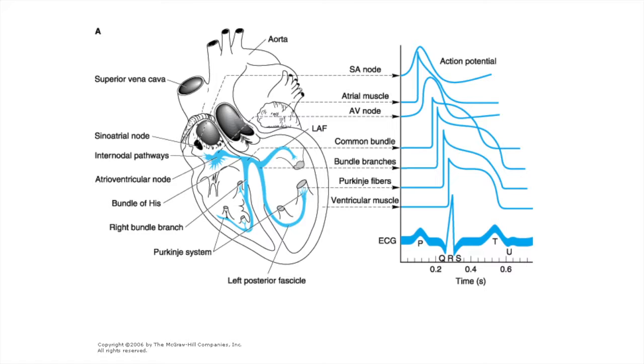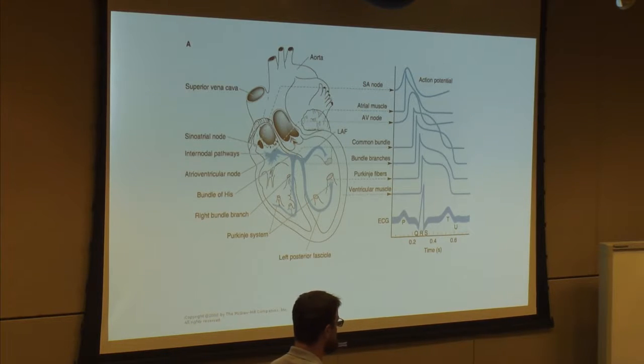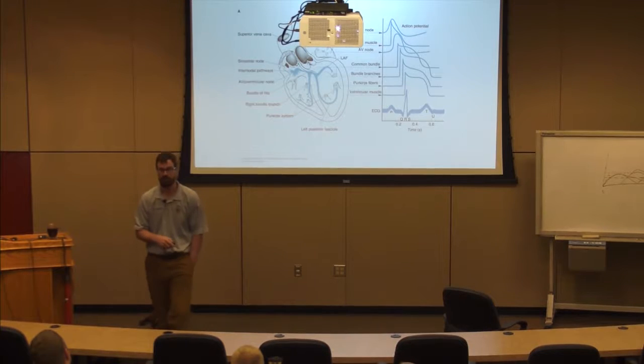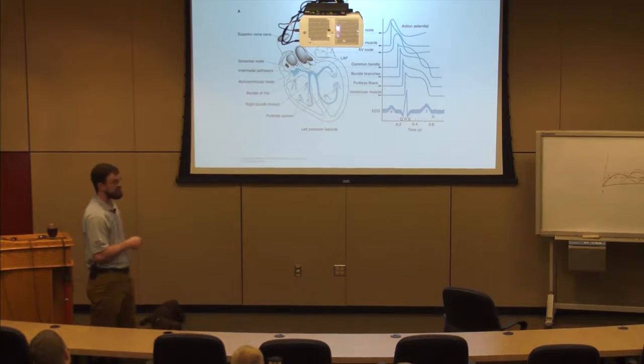I predominantly see atrial depolarization, and I predominantly see ventricular depolarization because it has the greatest mass. There's not a lot of fibers dedicated to the AV node, to the His bundle, to the bundle branches, to the Purkinje fibers. The vast majority of the mass of the heart is dedicated to the ventricular myocyte, so it makes my biggest signal, okay? So atrial depolarization, ventricular depolarization, ventricular repolarization. Atrial repolarization is actually hidden inside the QRS complex, okay? So that's what it looks like, right?